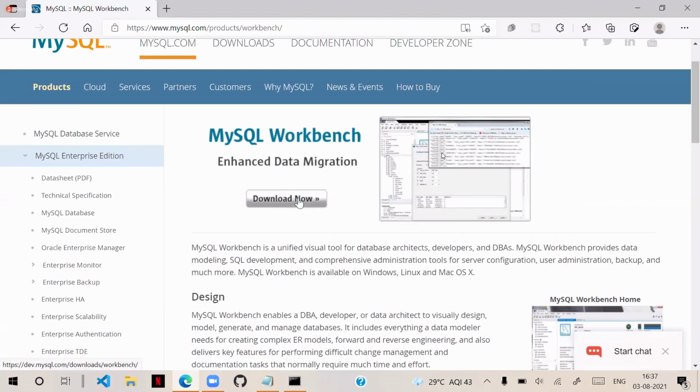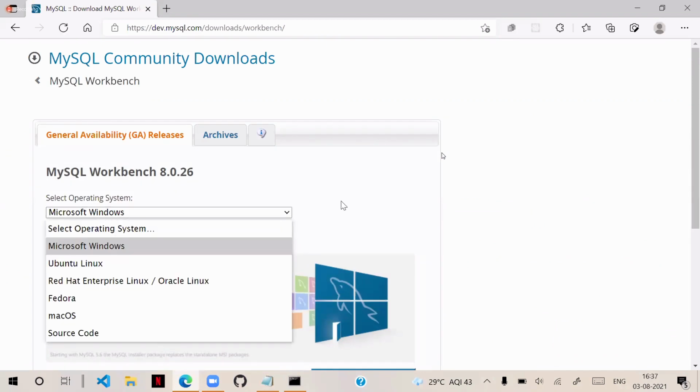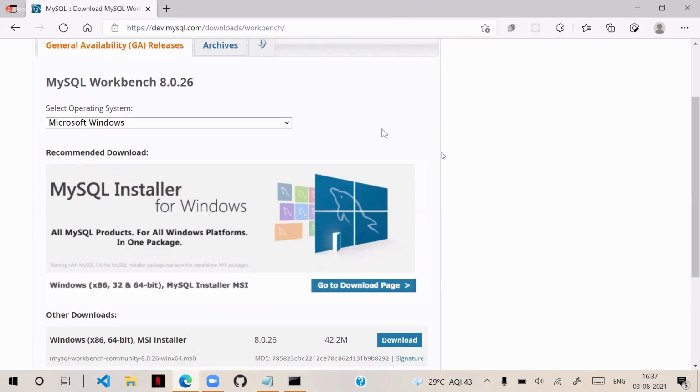You can just download that Workbench, and it will take you to the downloads page where you can choose your operating system and download. Some latest version of MySQL is there. I will give you the link in the notes so that you can easily go to it and use it.